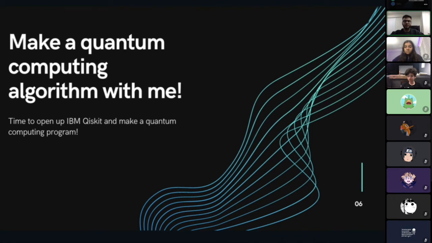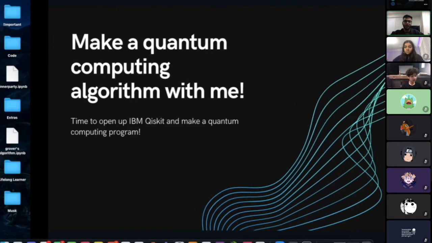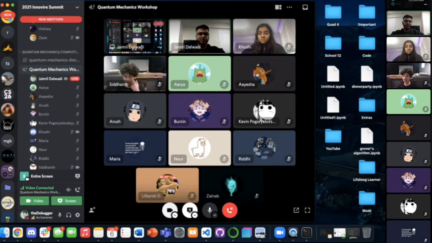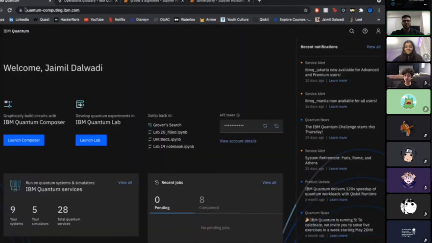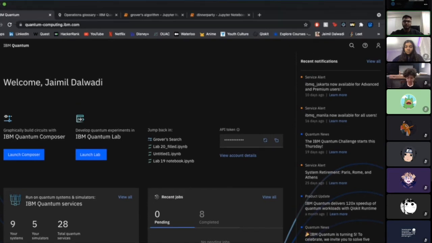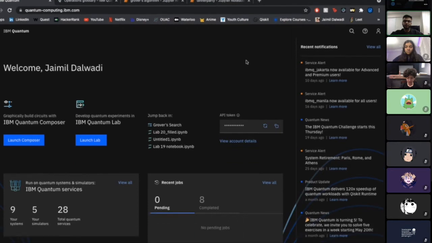And today, we're going to make a quantum computing algorithm. Just really simply, okay? Don't worry. I understand that some of you may not know too much about coding, but basically this is the interactive part where you can follow along if you'd like to. I sent this link in the chat for this workshop, and you can sign up using Google or anything, and once you sign in, it will allow you to see this page. It's also free, so don't worry, you can sign up right now. It takes a couple seconds, and I'll give it a minute before I start. But yeah.